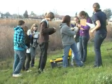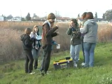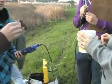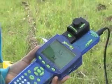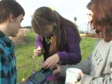And one of the things we'll see out there is probably some diversity, because the detention pond is doing a wonderful job of cleaning the water. We have a good pH, we have good phosphate readings, nitrate readings, and what's interesting is when we take measurements every 50 feet, we can see how the marsh is cleaning the water in our